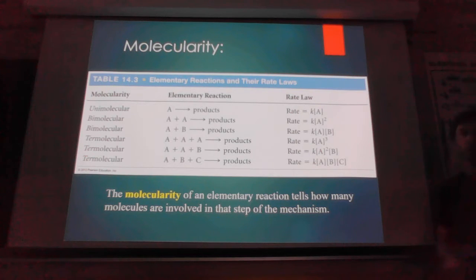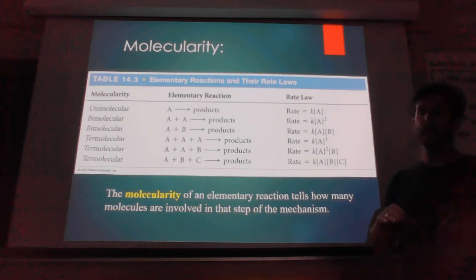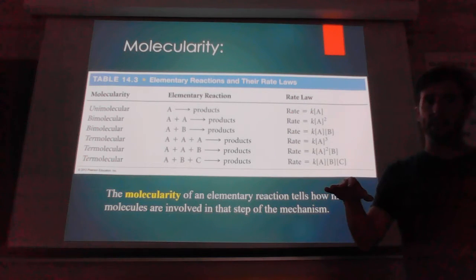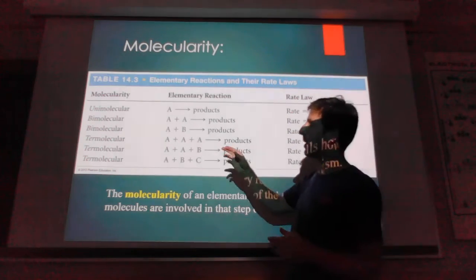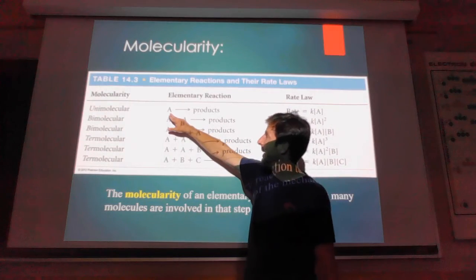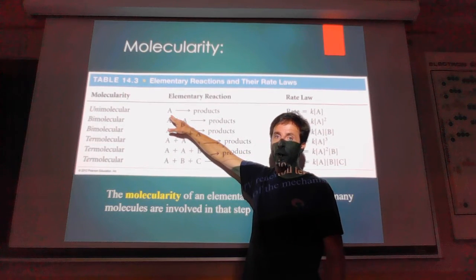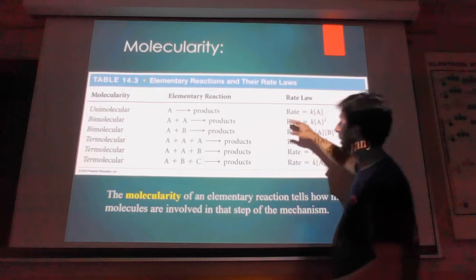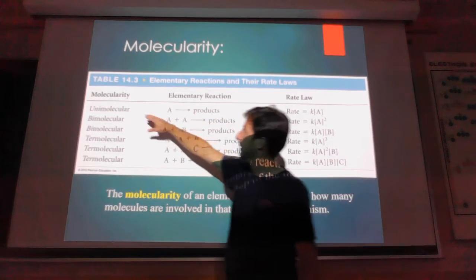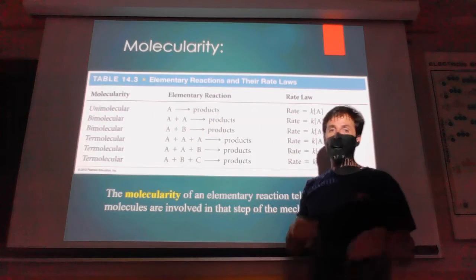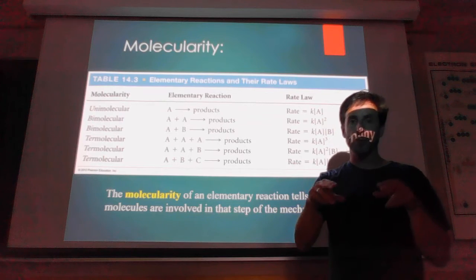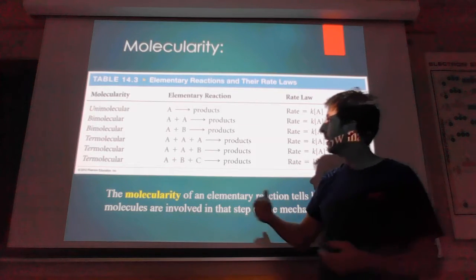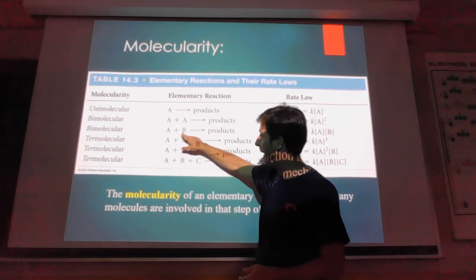Now, we mentioned the term a couple slides ago, molecularity. Basically, when we're looking at just one step of a mechanism, if that step only has one reactant molecule, we call that step unimolecular. Okay? Now, if a step involves 2 molecules, like A plus B, if 2 molecules have to collide with each other,